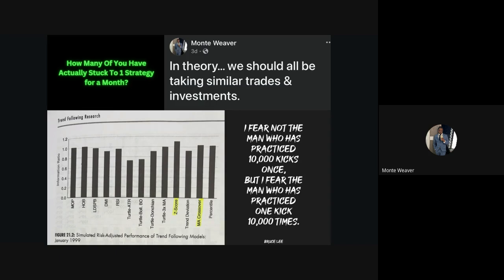I'm not changing nothing. The goal should be to optimize the one strategy that you have and make it as best as you can. Steph shoots threes. Optimize the three. Focus on what you're good at. And this is from me doing research and reading books. I told y'all what the book was last time. The book is called Trend Following by Michael Covel.